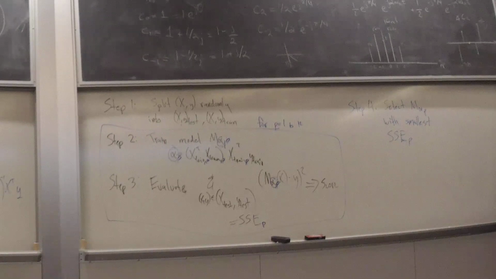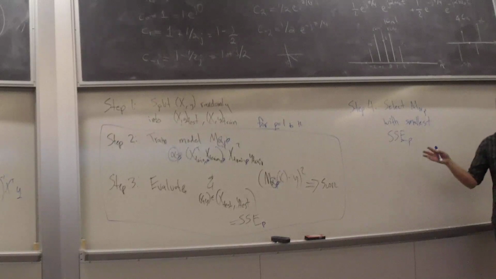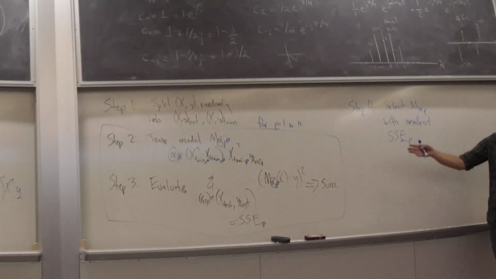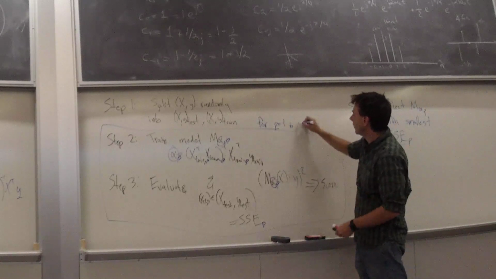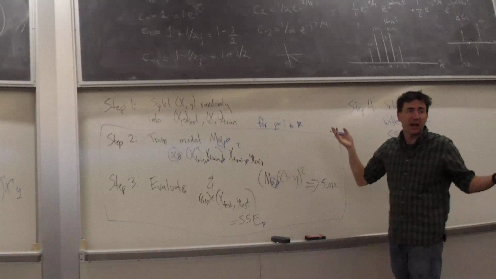Okay, so I just need to do brute force checking all the values of p. When it's discrete like this, this is fine. I've got k different possible models I can choose,